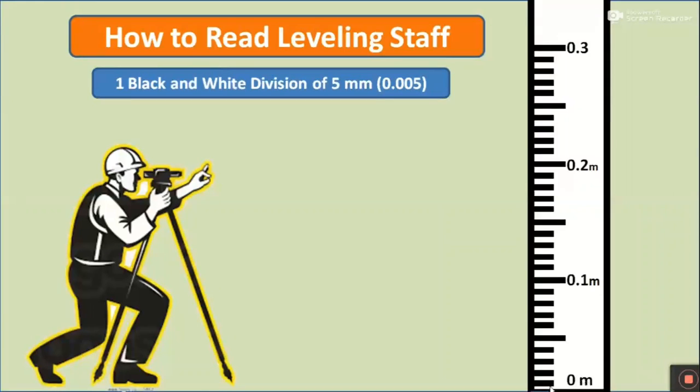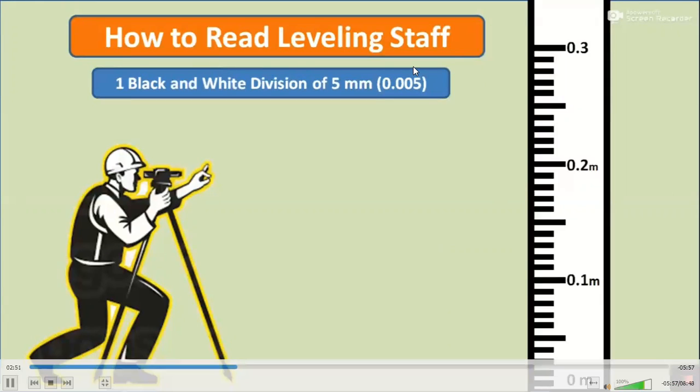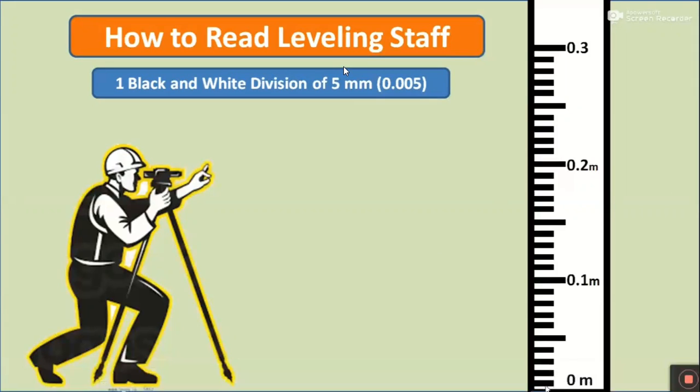तो यहाँ पे दोस्तों 0 मीटर है, राइट। 0 मीटर, फिर 5 mm यहाँ से स्टार्ट होगा, राइट। ये 5 mm की पट्टी, और 5 मतलब 10 mm, राइट। 10 mm बराबर 1 सेंटीमीटर। मतलब एक वाइट और एक ब्लैक पट्टी मिला के 1 सेंटीमीटर होता है। यहाँ ये 2 सेंटीमीटर, 3 सेंटीमीटर, 4 सेंटीमीटर, और यहाँ पे 5 सेंटीमीटर, राइट। उसके बाद फिर से 6 सेंटीमीटर, 7 सेंटीमीटर, 8 सेंटीमीटर, 9 सेंटीमीटर, और यहाँ पे 10 सेंटीमीटर।